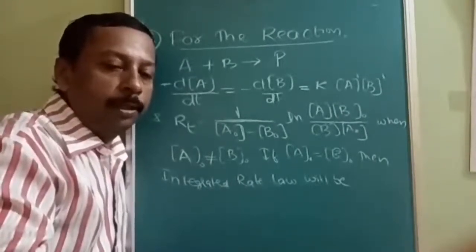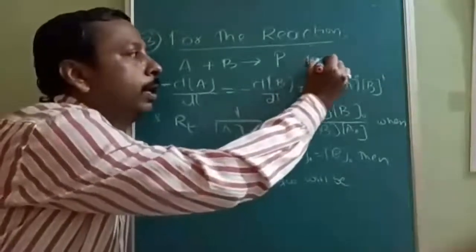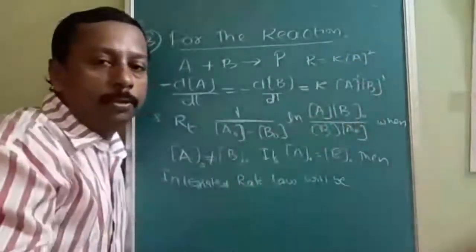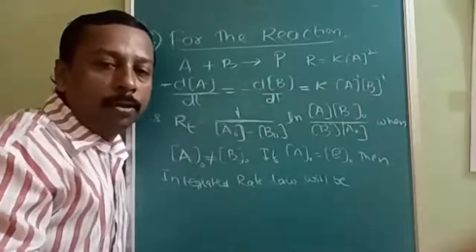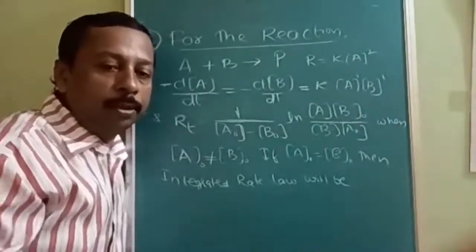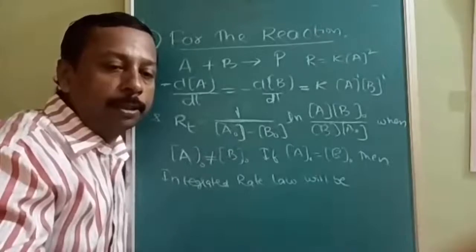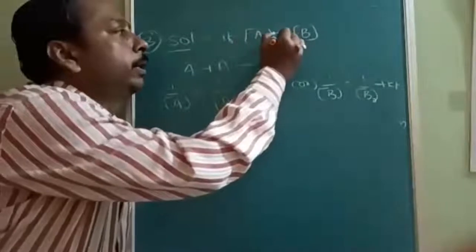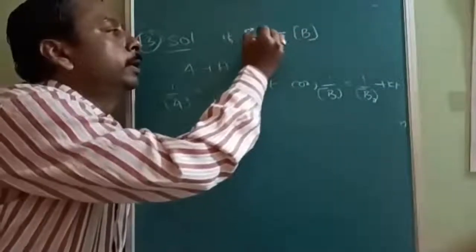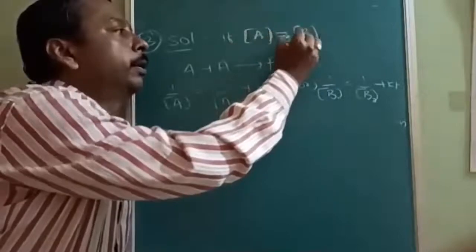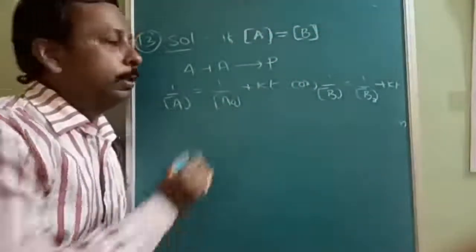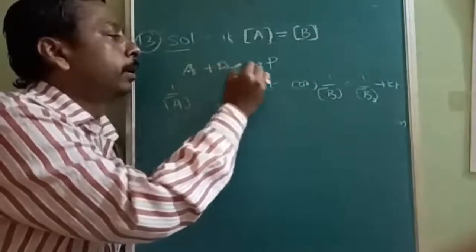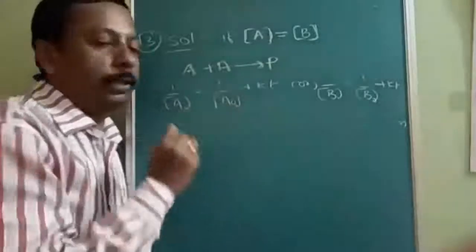So that means you simply have to derive the rate law. R is equal to K into A to the power of 2, because both are the same. So both being the same means a second order reaction with respect to a single concentration, but the only thing is you have to mention them separately. If their concentration is the same, just as I told you, it is going to be a second order reaction. Now, initially what I have written is A plus B gives product. Now, as A is equal to B is given,